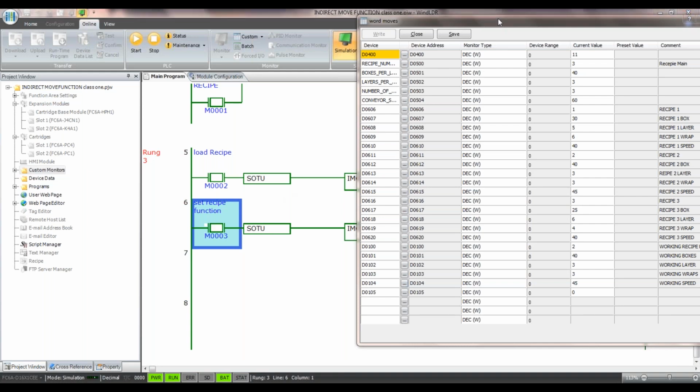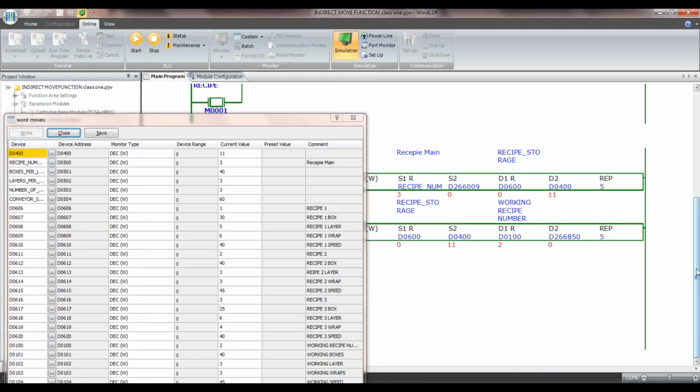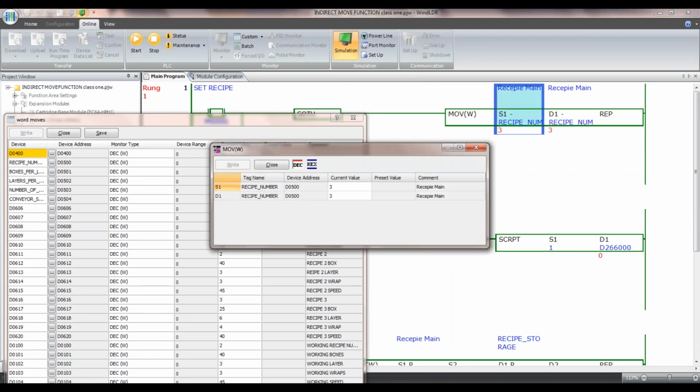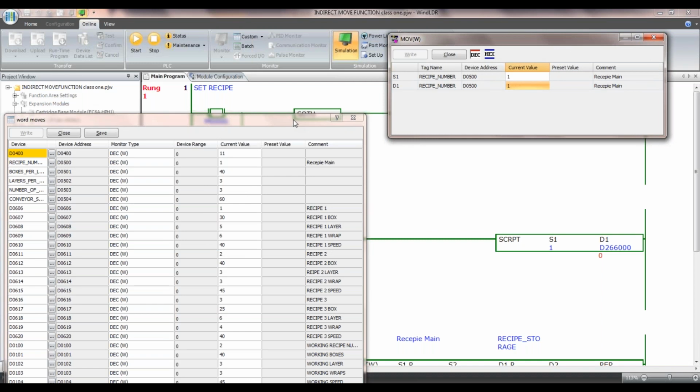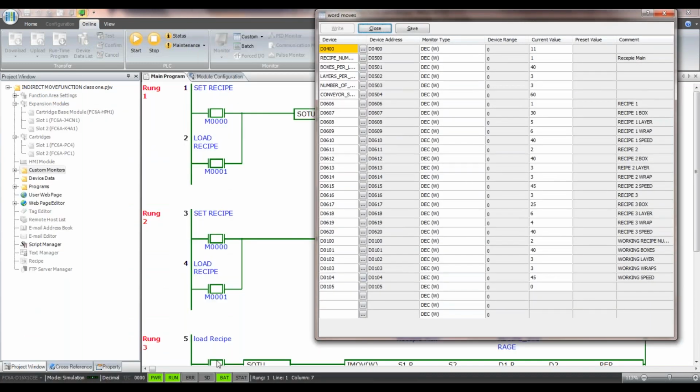And I can change this recipe to move. Now I can move. Now say I want to run recipe 1. Enter. And I go down here and I load